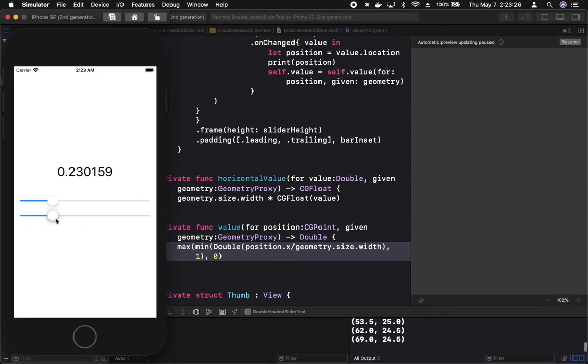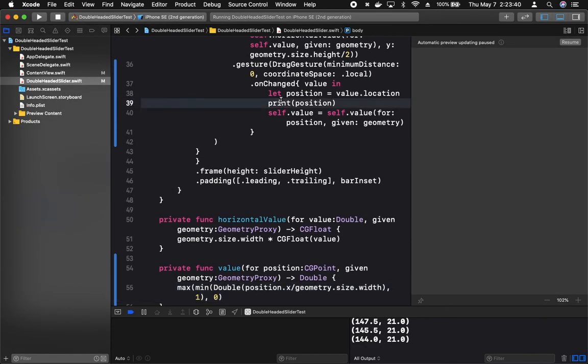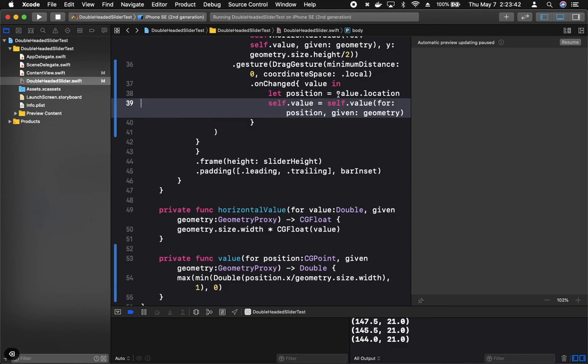All right. We have almost reinvented the iOS slider. Let's get rid of that print thing there. And, I think we're happy with